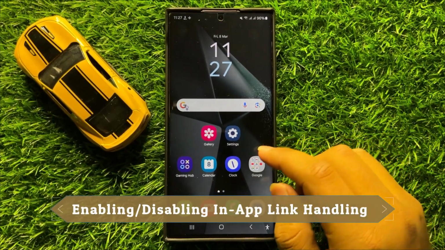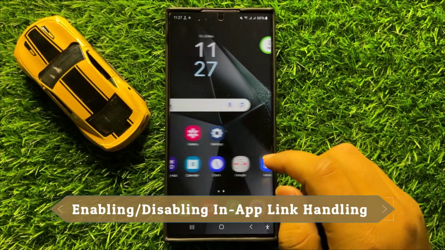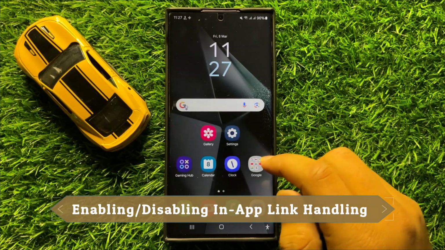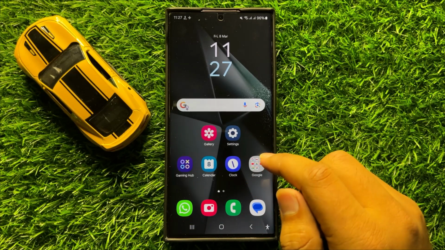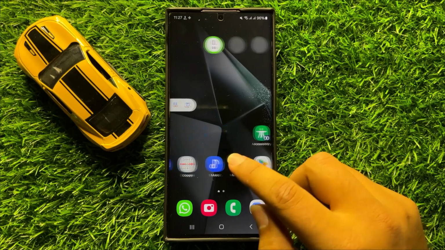Hello everyone, in this video I will show you how to enable or disable in-app link handling in Samsung Galaxy